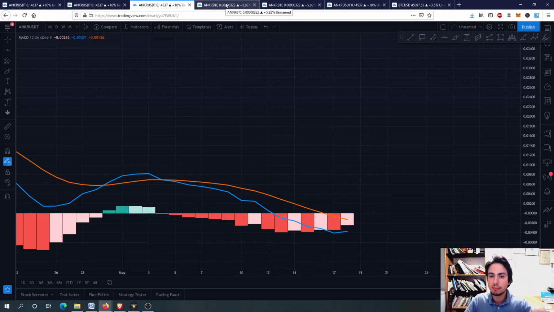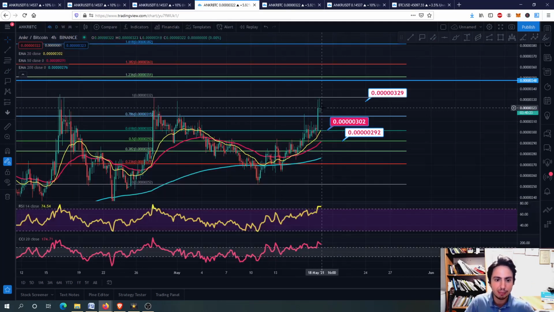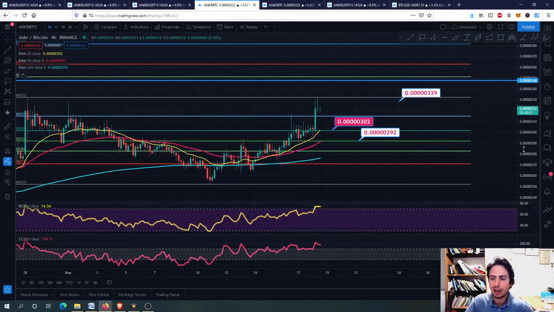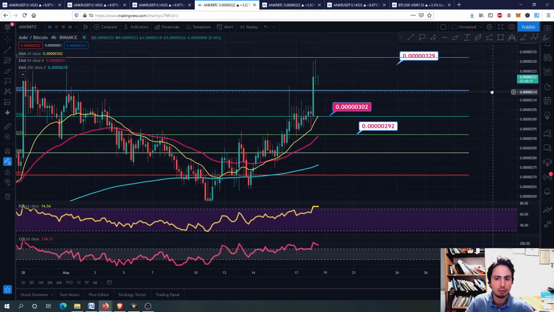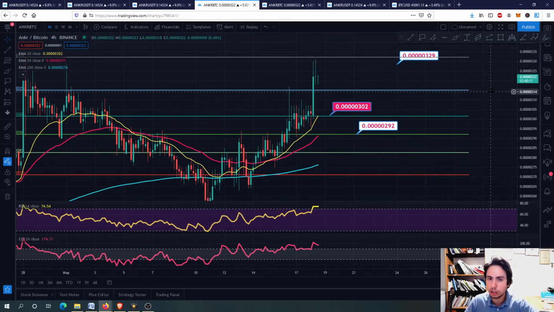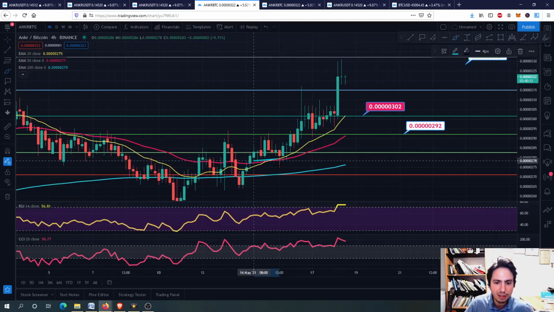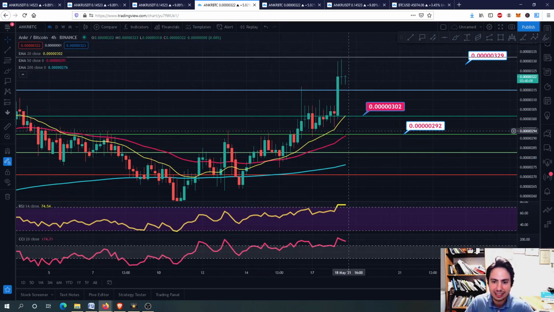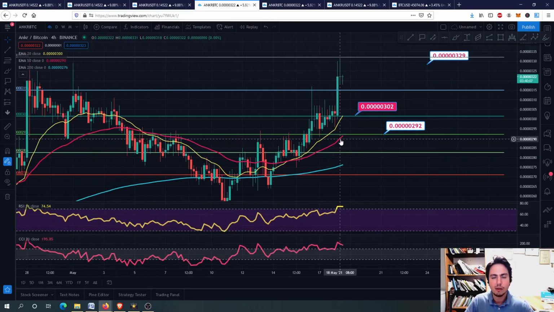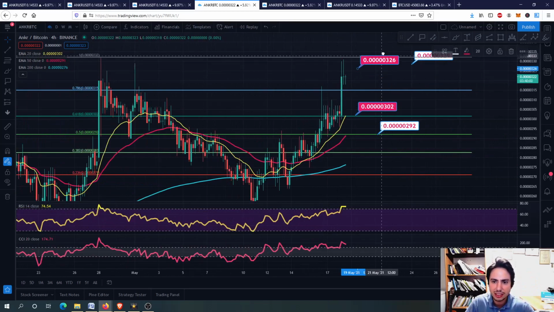Let's go to the most important thing here, Ankr against Bitcoin, and you can see why I am optimistic, and I will tell you afterwards why I am cautiously optimistic. Now I am optimistic about Ankr because the 20-day EMA is above, guys, the 50-day EMA right here. When this happens on the 4-hour frame, we are still bullish. We go bullish and we are going all the way upwards till this resistance level.